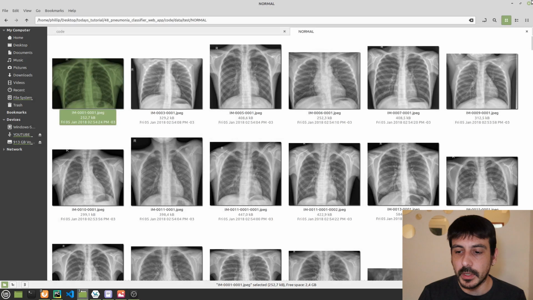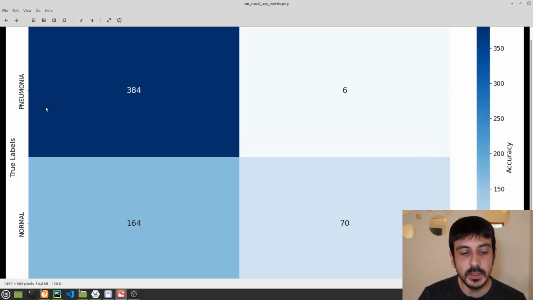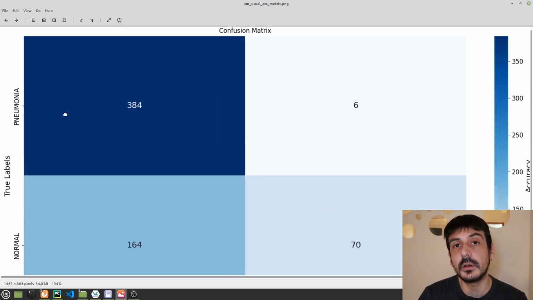But it doesn't matter. What I want you to take from here is that this is something that sometimes happens when you are training a model, and sometimes it may not be very clear why this is going on. If you ask me, from the top of my head, I will say that one of the issues that may be going on with this data, with this classifier, is that in the pneumonia category, maybe all the images are more similar between them.